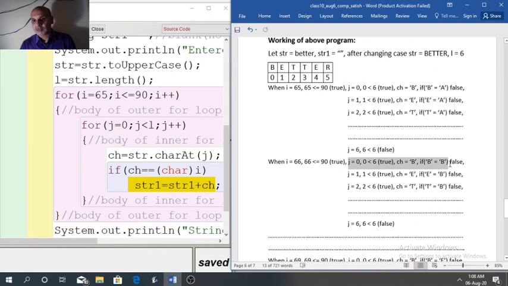Actually it is true here. So when it is true, then str1 equal to str1 plus ch. So this B will get added in str1.